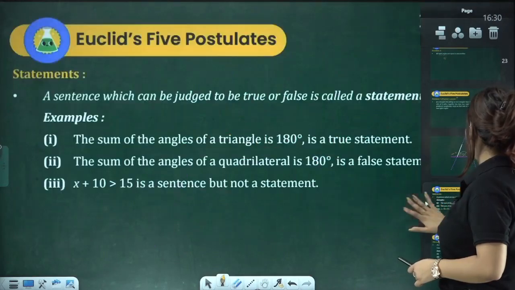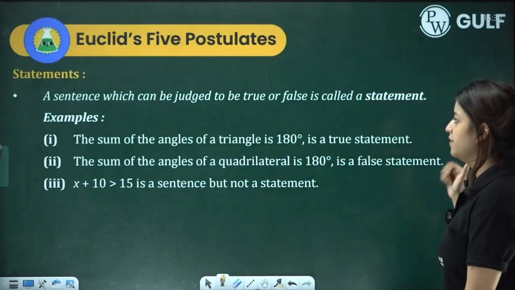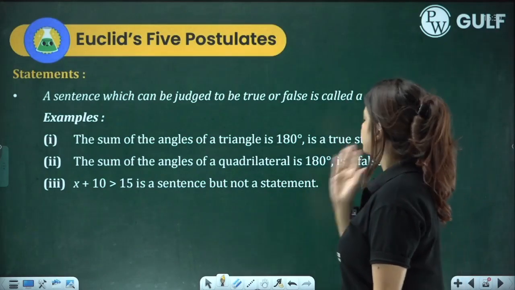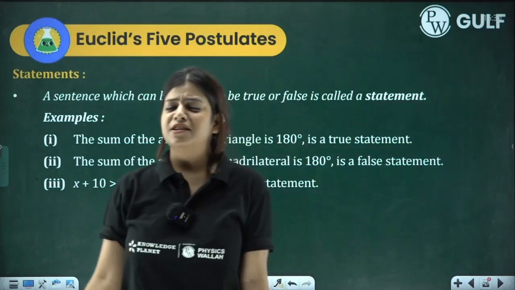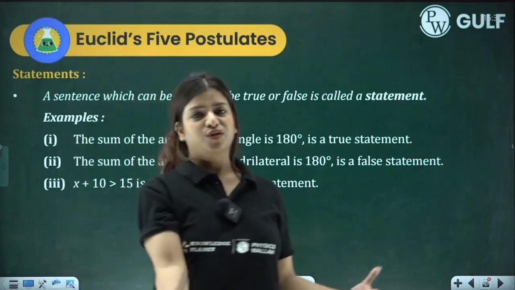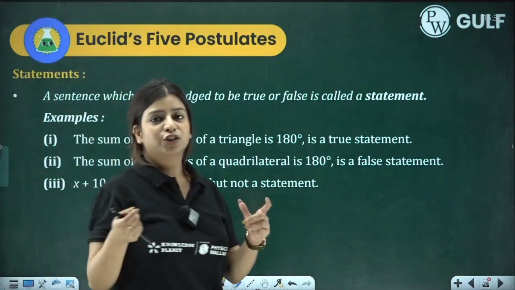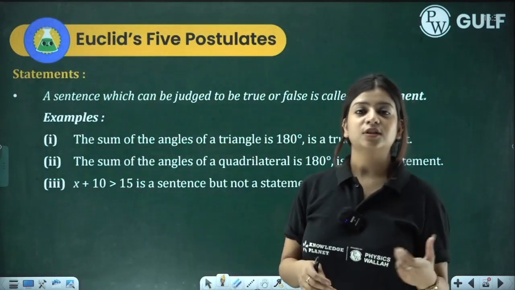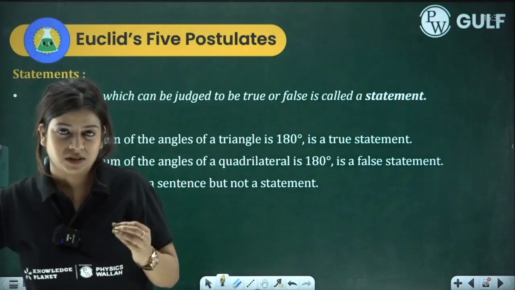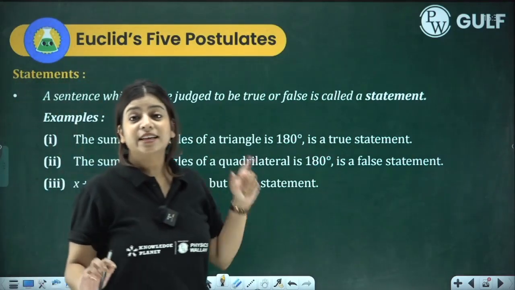Let's move forward to the Euclid's 5 postulates now. Right, so these are the 5 postulates. The very first says a sentence which can be judged to be true or false is called a statement. So in an entire life we have done true and false, right? Is 0 a natural number? True and false. Is 1 a whole number? True and false. Every integer is a rational number? True or false. All rational numbers come under real numbers? True or false. So all these statements, right, all these sentences, basically, that can